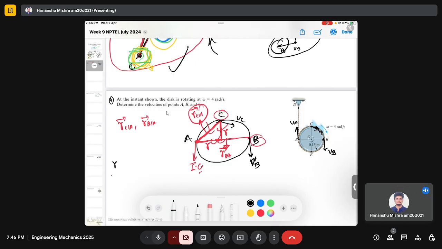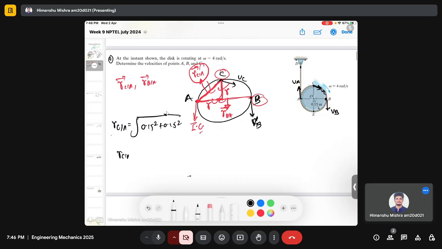So the magnitude of this can be given by 0.15 squared plus 0.15 squared. So the magnitude will be 0.212 meter,